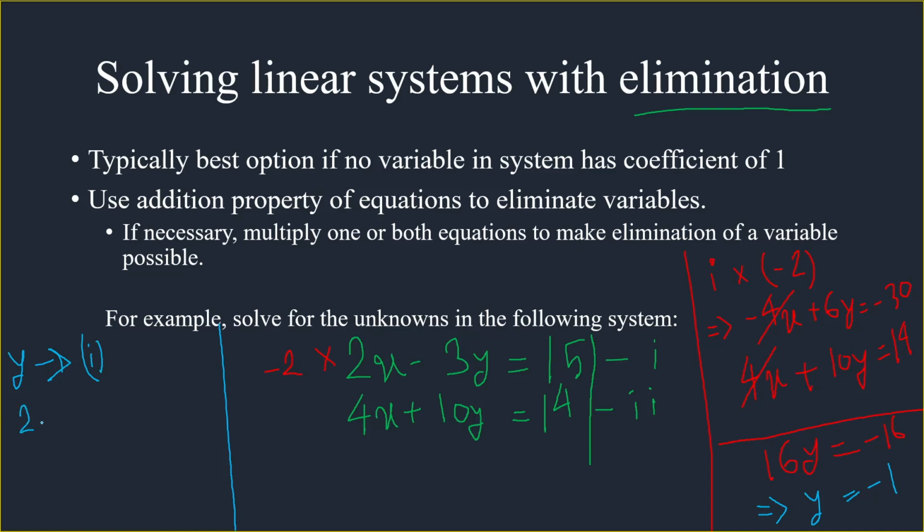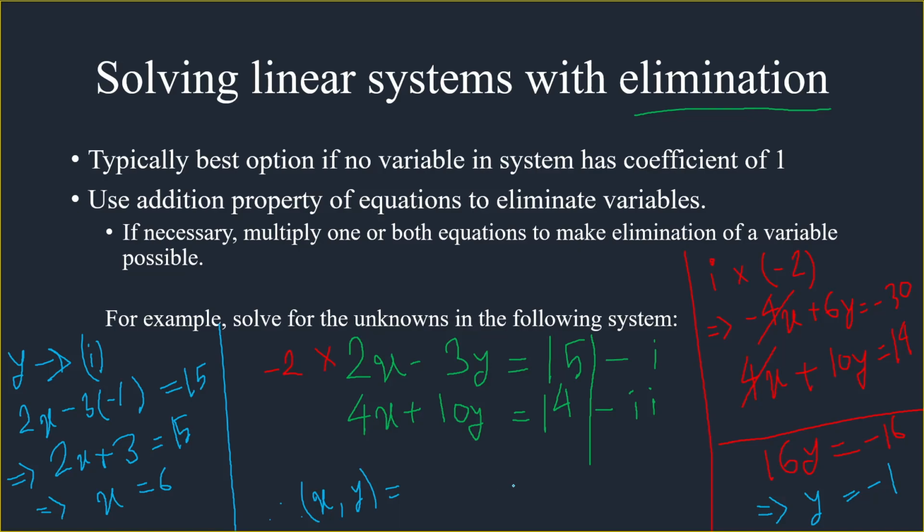We will get 2x minus 3 multiplied by minus 1 is equal to 15, and then we will get 2x plus 3 is equal to 15, and then finally, after doing the whole process, we will be getting x is equal to 6. So this is how we can find the value of x and y,